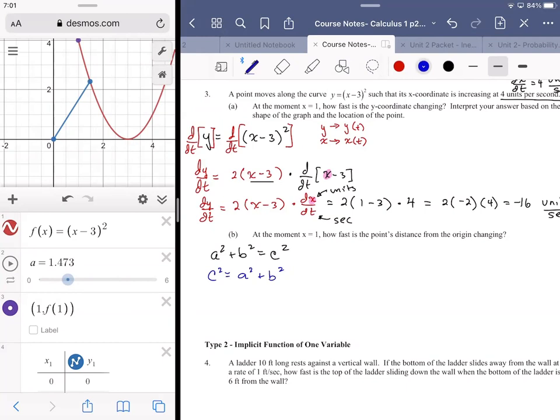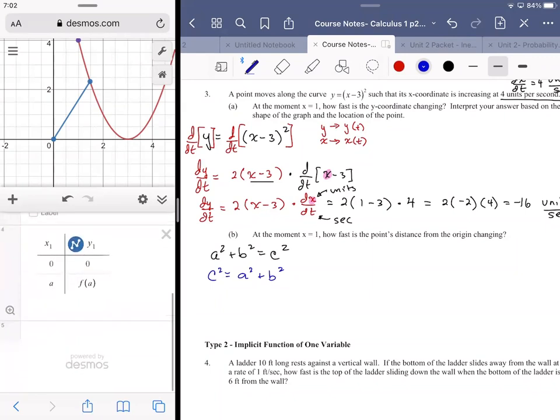Now it seems like, oh, well, why would I write it that way? Well, the C squared is the function itself. Right? That's going to be dependent on 2 components, the X component and the Y component. Right? Or the horizontal and the vertical components, the A and the B. All right. So if I need to figure out a location along a graph,